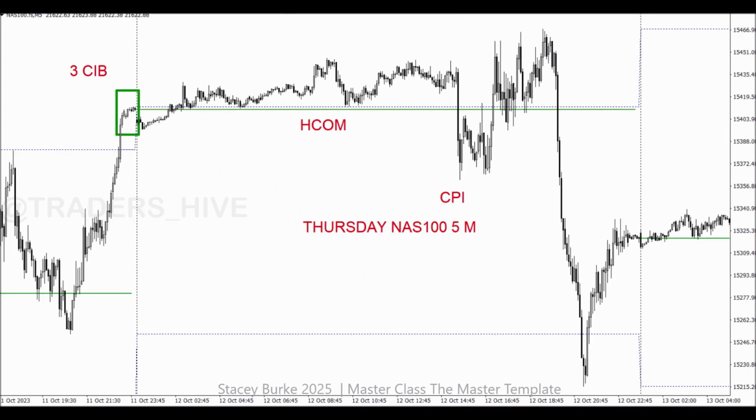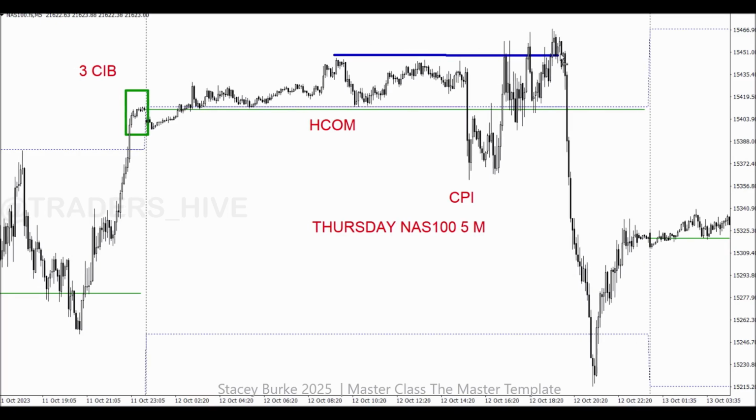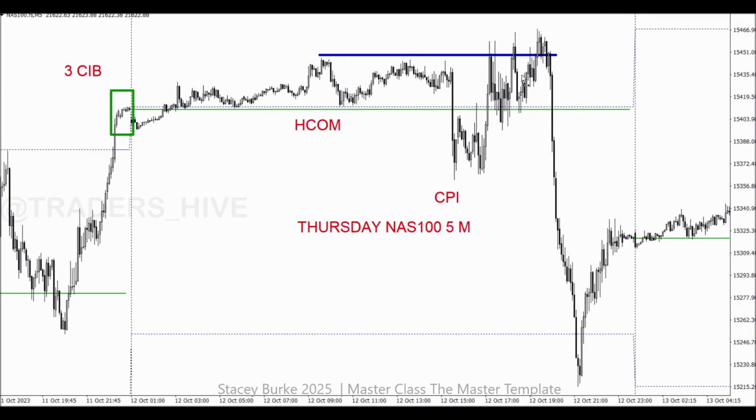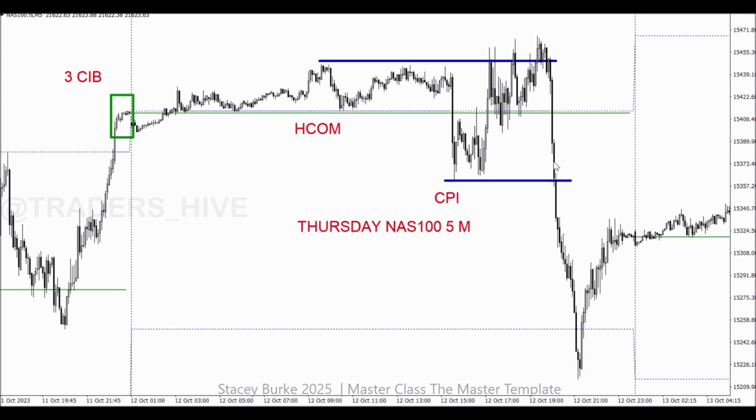Obviously, this trade still played out, but the timing of when that unfolded and the understanding of how that market broke down on CPI and then proceeded to trade back up into the high of the day is outside of the normal timing window and a different scenario. I don't want them trying to trade this or getting in or anything else. I want normal on a normal day where no major red news is in place. As their skill set and their understanding grows, this is still an optimal opportunity, understanding that this market now is on a different timing rotation and they're coming back up into the high close of the month level after CPI